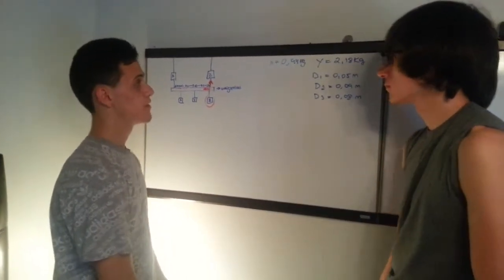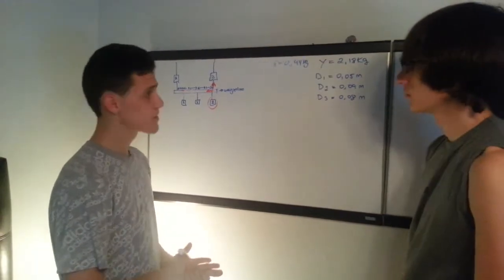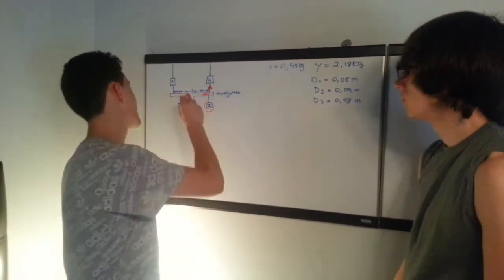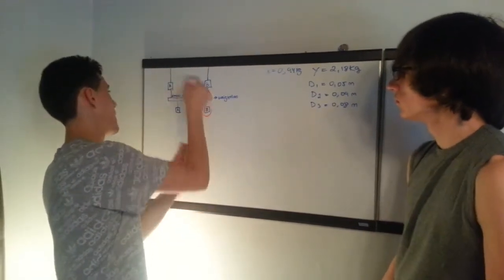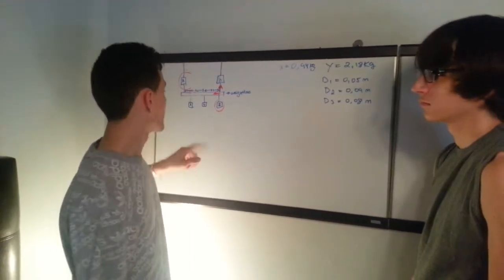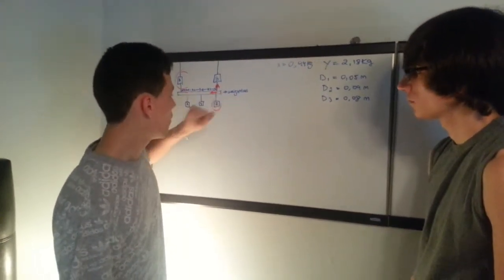What we're going to be doing for this video is taking one of the problems from WebWork and solving it. So what the problem asks for is the tension in the scale A. Now the problem is about two scales, A and B, that are attached to a weightless pole,